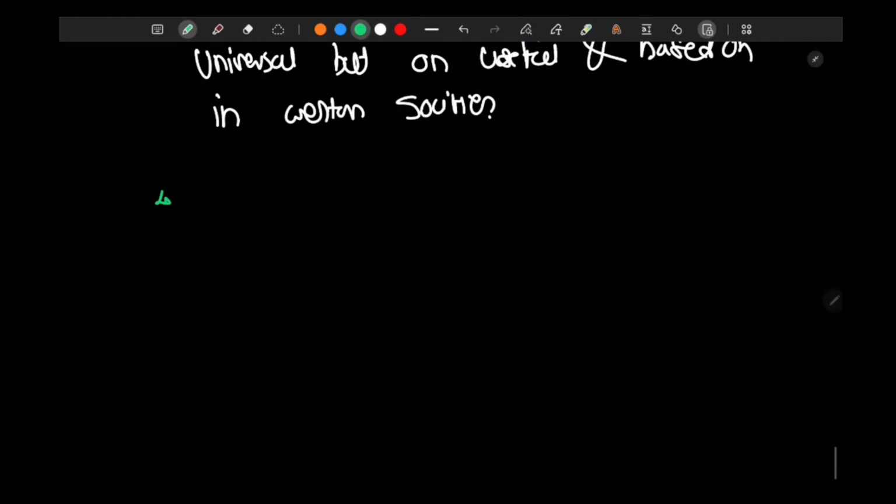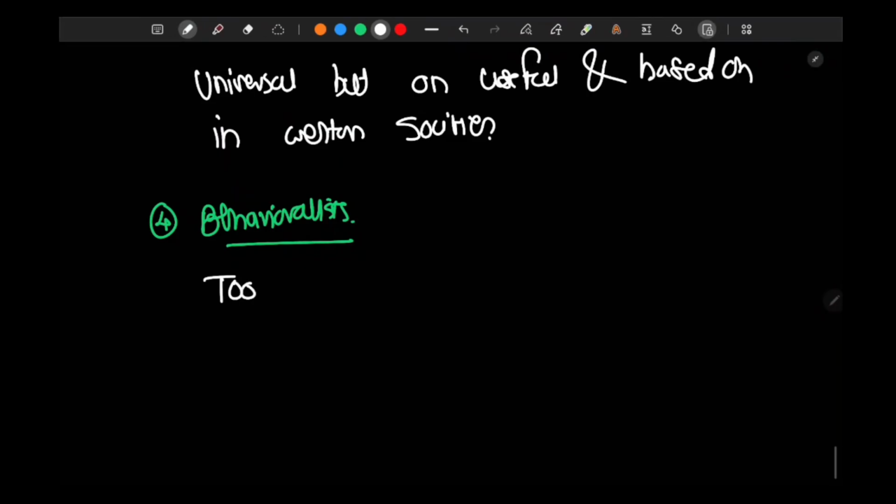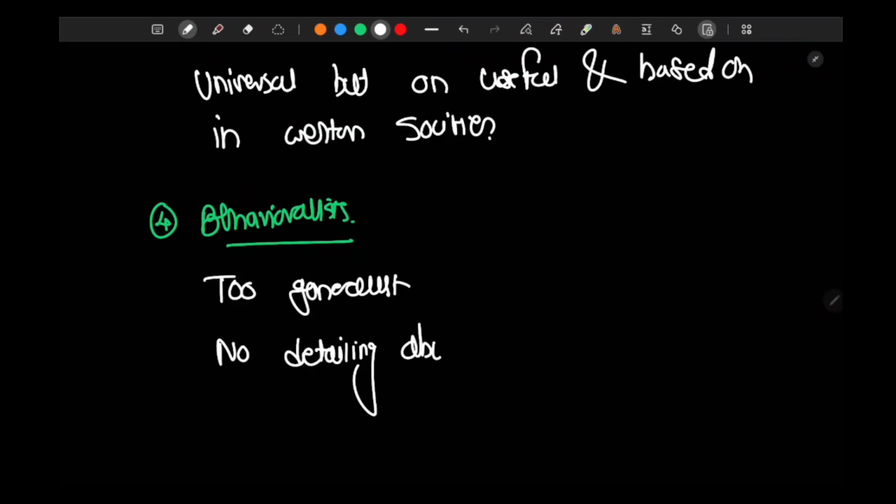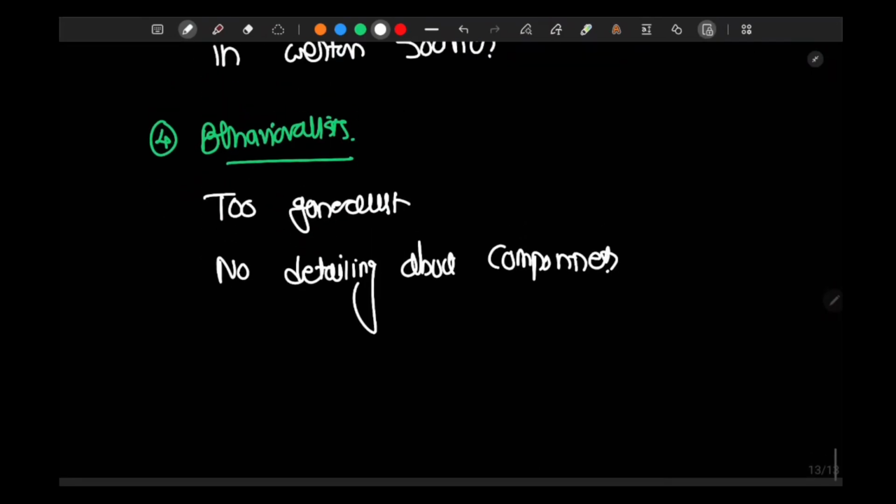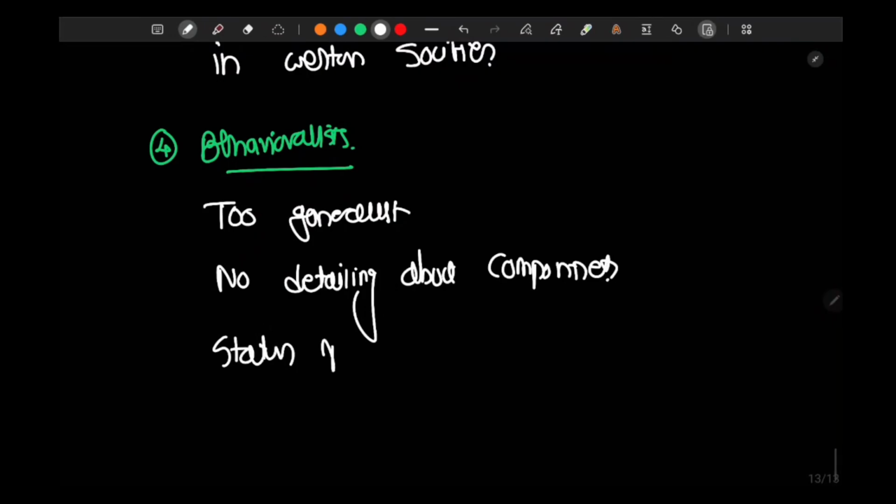Then the next criticism was given by behavioralists. They observed that the model is too generalistic, right? There is no detailing about components, and it is again status quoist, not developmental, right? So this was the systems approach as explained by David Easton